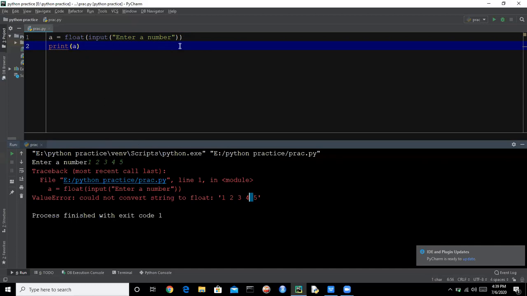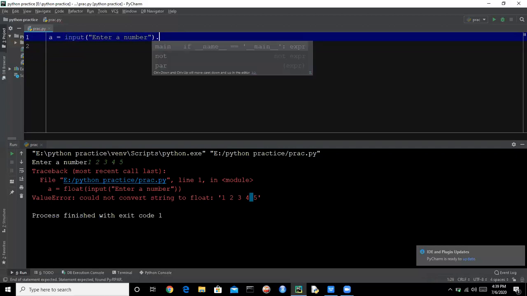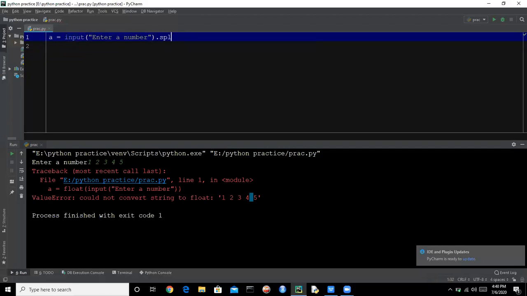So how can we convert this into a float number? You can just remove the space between them, and then you can convert. Let's try how we can remove the spaces. So let's say it is not converting here, and let's use the split function.